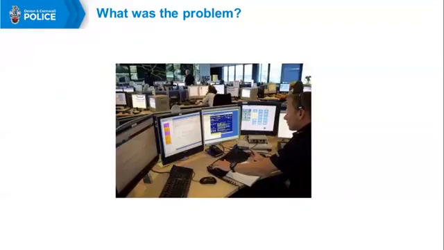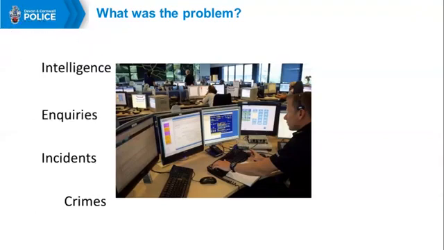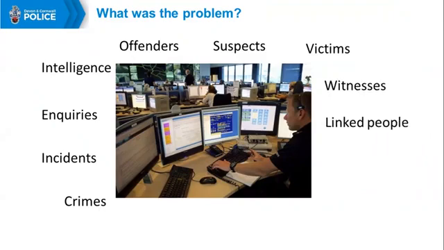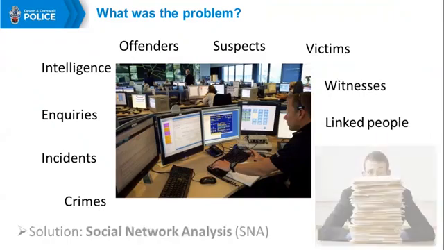Hi everybody. So what was the problem we were trying to solve? Every year, the police record tens of thousands of crimes, incidents, inquiries, and pieces of intelligence. We also hold data about all of the people involved in this, including offenders, suspects, victims, witnesses, and other linked people. Additionally, the data sits across